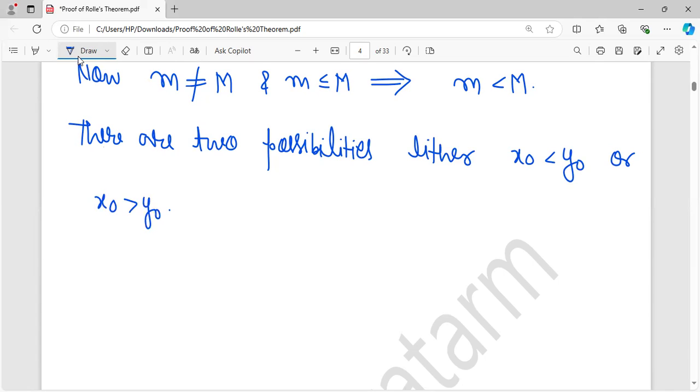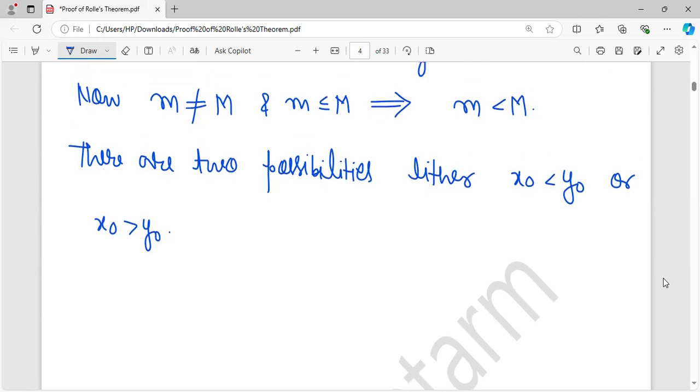Okay. x naught cannot be equal to y naught, because if x naught is equal to y naught, then